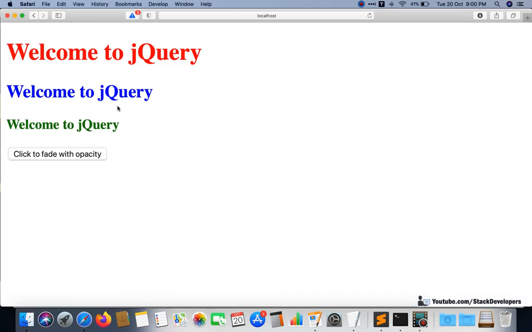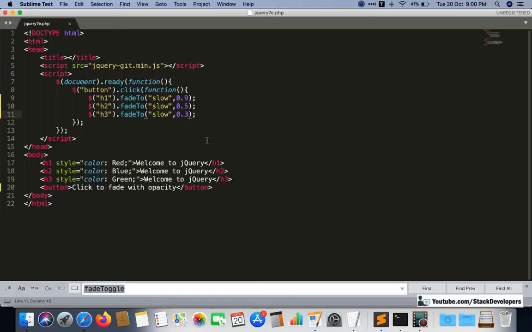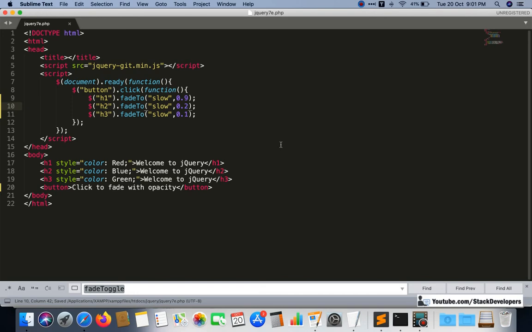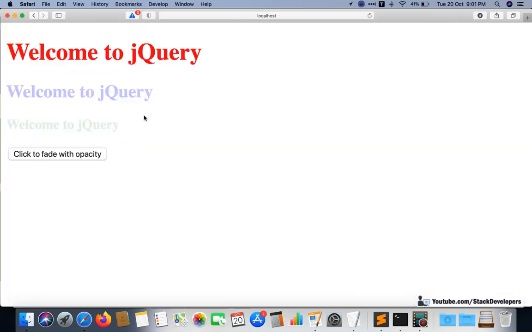Opacity, this time change, and once again 0.1, 0.2, let's see. Oh, sorry, I forgot to click on that. See here, now the opacity is darker for this one, then lighter, then more lighter.